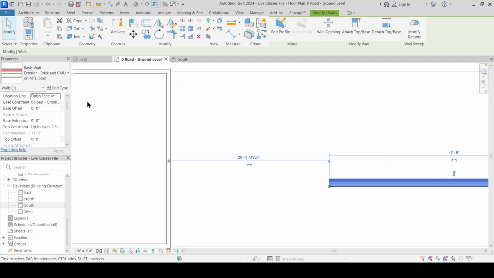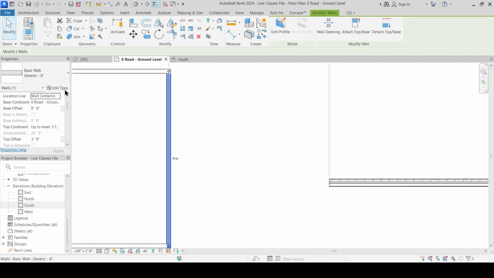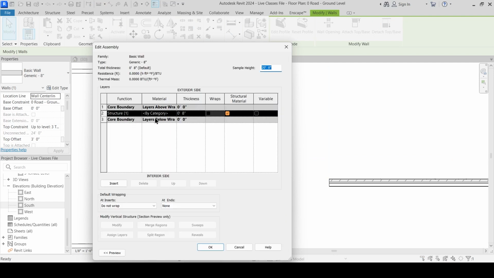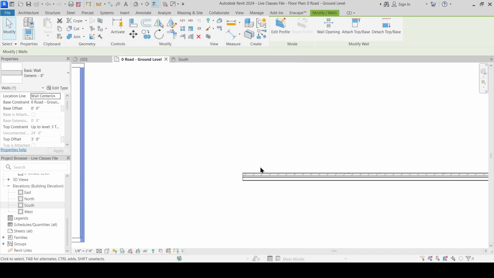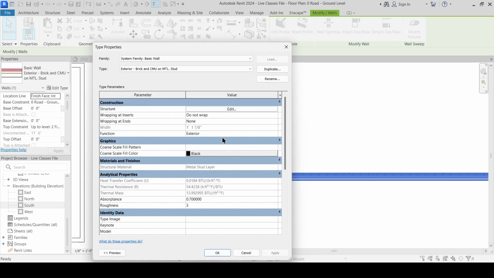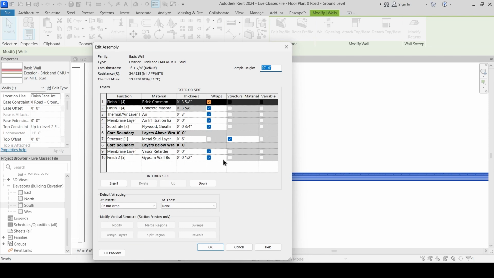See, I took you to the edit type, and this has only this one variable, wherein the core structure is defined as 8 inches. Fine. If I select this particular wall and go to edit type, this is the dialog box, the type properties of that wall, and under that if I go to edit structure,